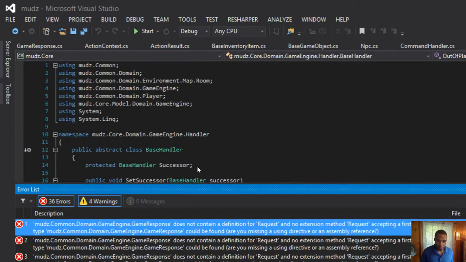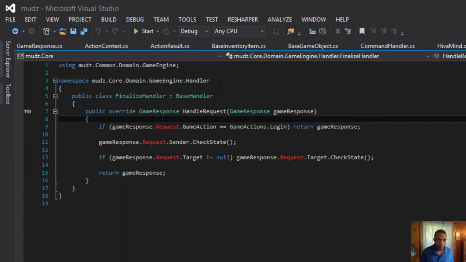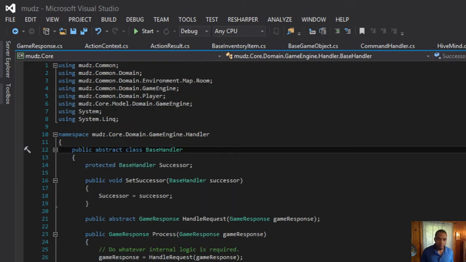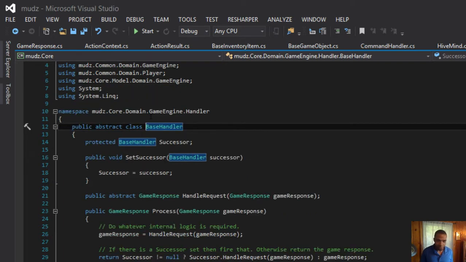36, that feels better already. Alright, so this guy, yeah, there is no, so we're going to change around. Let's go to the base handler. And we're not backing that up with an interface that has to, so